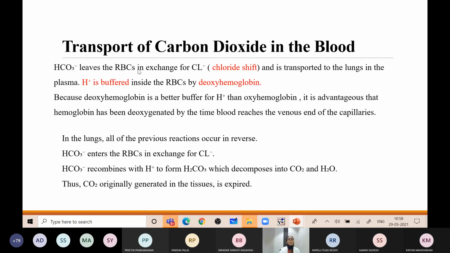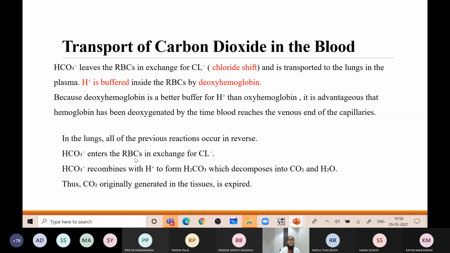and is transported in the lung in the plasma. H plus is buffered by deoxyhemoglobin, because deoxyhemoglobin is a better buffer of H plus than oxyhemoglobin. Okay, so in the lungs, all of the previous reactions occur in reverse. So these things occur at the tissue level, and in the lungs all of the previous reactions occur in